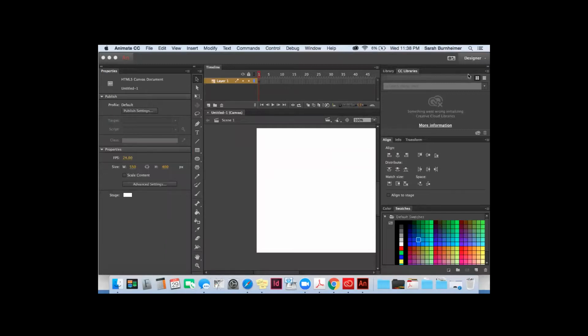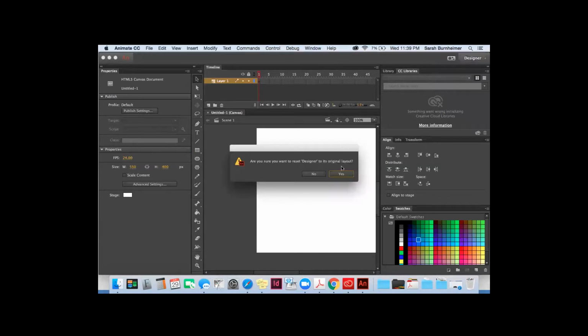Now, one other additional thing with the workspace is you can customize these panels. You can make them bigger, smaller, and move them around. You can also save the customized set of panels. These are just initial settings for each of these. Click on the upper right again, and it says Reset Designer. If you made any changes, you can reset it back to its original factory setting of